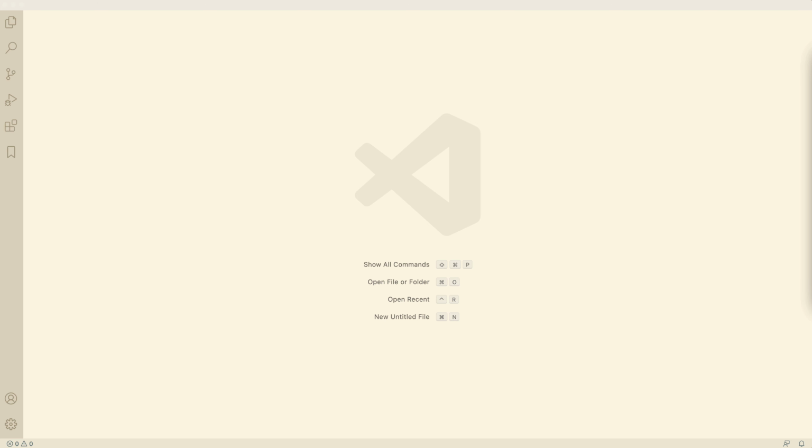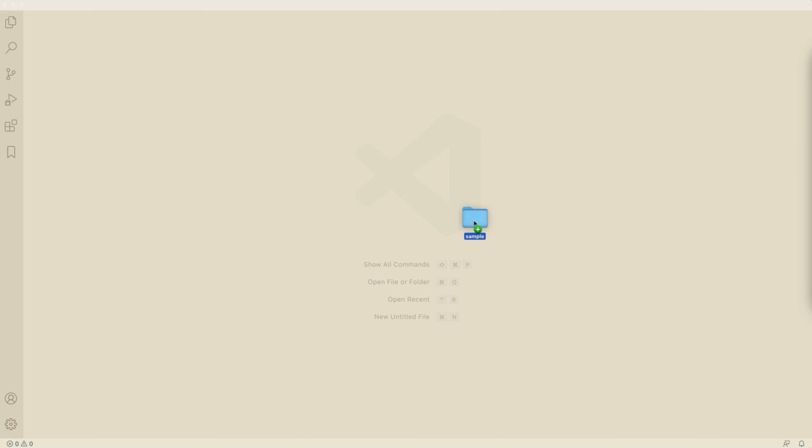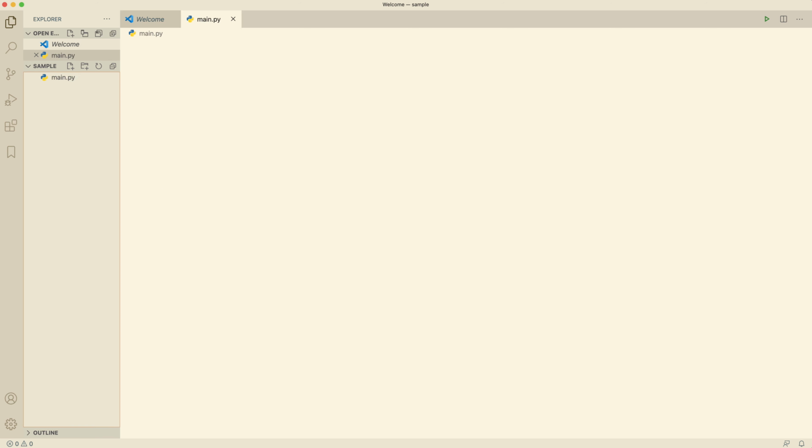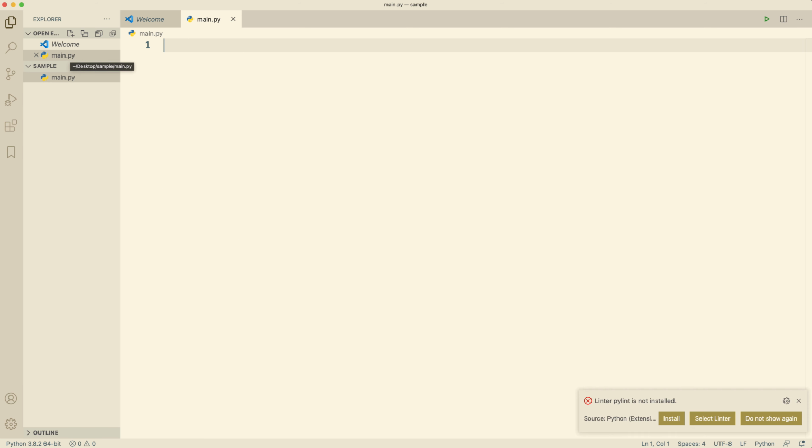But I'm going to go ahead and drag here onto my editor an empty folder that I have on my desktop. It's simply called sample. And inside of here, we're going to go ahead and add some files. I'm going to start off here by adding a simple file called main.py, and I'm going to use it to add the boilerplate that we have been using when it comes to using